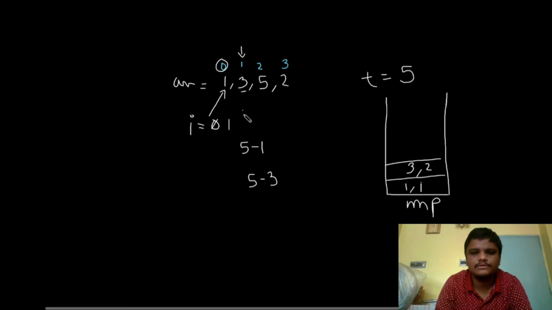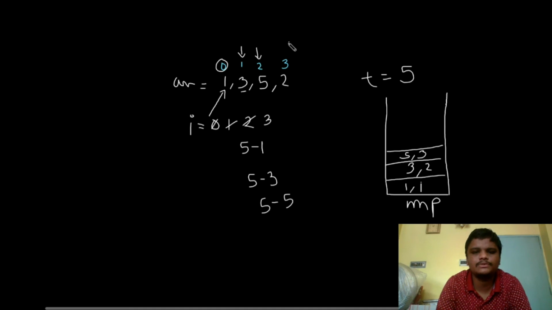So now again we need to increment the value of I by 1, and now it is going to point to index 2, that is this element over here, 5. Now again we are going to check whether 5 minus 5, that is 0, is present in our map or not. But 0 is also not present. So again we are going to store the value 5 and also the position as 3.